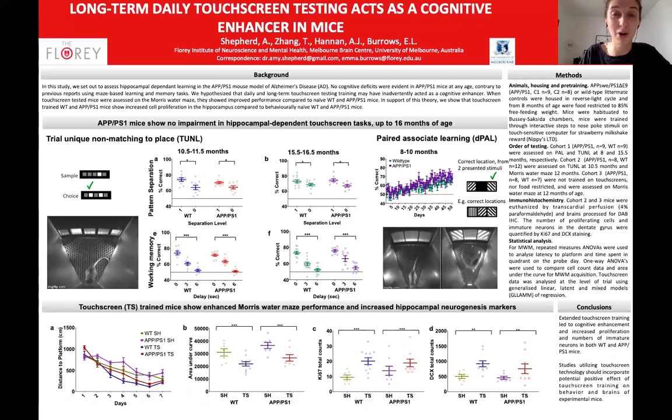I'm Amy Shepherd, the primary author, and I'm presenting this work on behalf of Dr. Emma Burrows, who is the principal investigator on this study. This work was a long-term part of my PhD, where we were really interested in characterizing